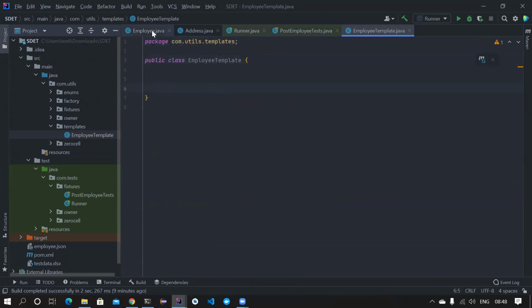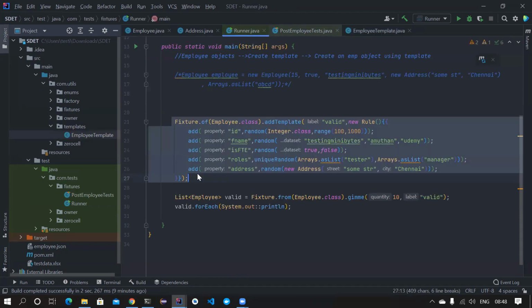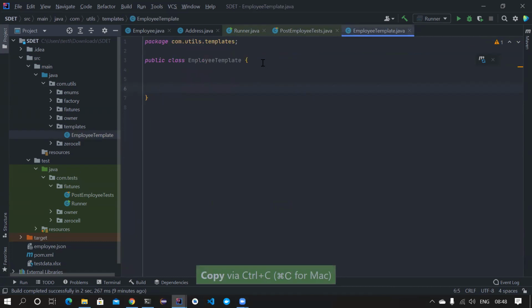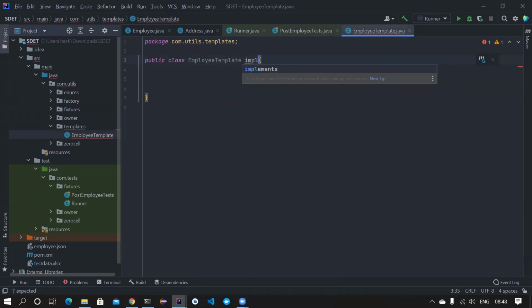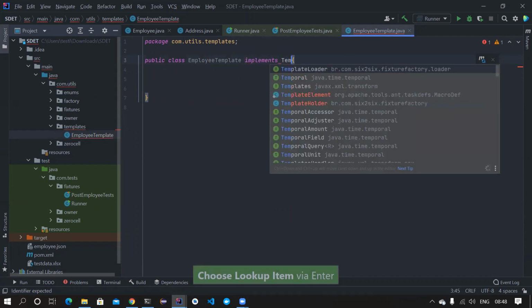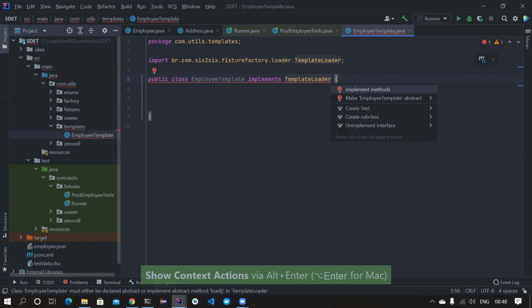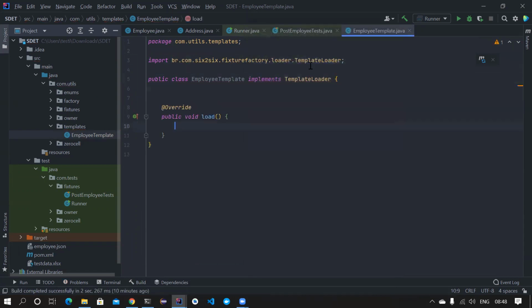Let's go to the runner, copy this, and come to the EmployeeTemplate. Now they are telling you to implement a class called TemplateLoader. This TemplateLoader will have one method called load, and you need to provide the implementation for that.